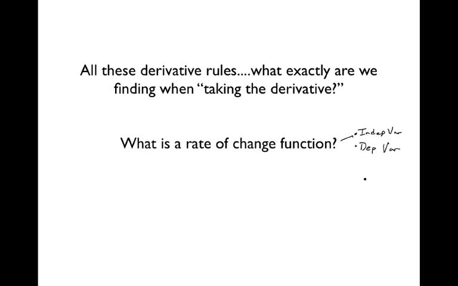Okay, so a geometric interpretation would be it's the slope. Unfortunately, we haven't really talked about it that way, because it's not a really deep meaning, right? So the rate of change function is that values of the dependent variable are rates of change. So given any value of the independent variable, your corresponding value of the dependent variable is a value of rate of change. Okay? At the instant of the value of the independent,